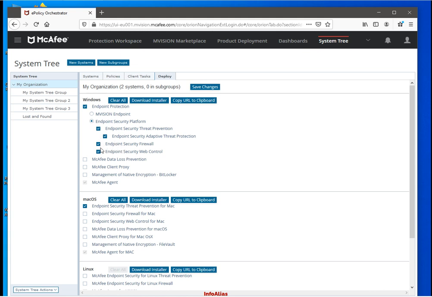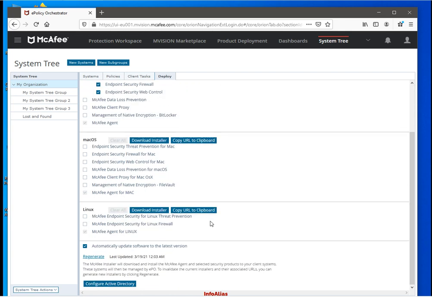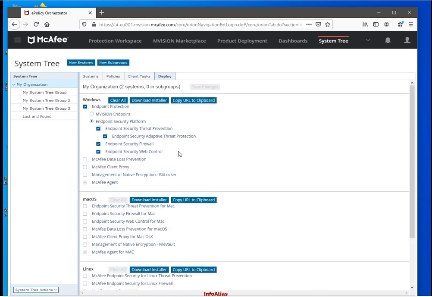Once you have selected the product, you need to click Save Changes, because once you select Save Changes, the changes will be reflected on the dashboard, and the products will be deployed accordingly on the client machine. Because we have already selected these products and we are just selecting macOS, that's why it's saying Save Changes. Otherwise, the first time whenever you are selecting, it will always require Save Changes. So it's already saved over here. The product will be deployed accordingly on the client machine.